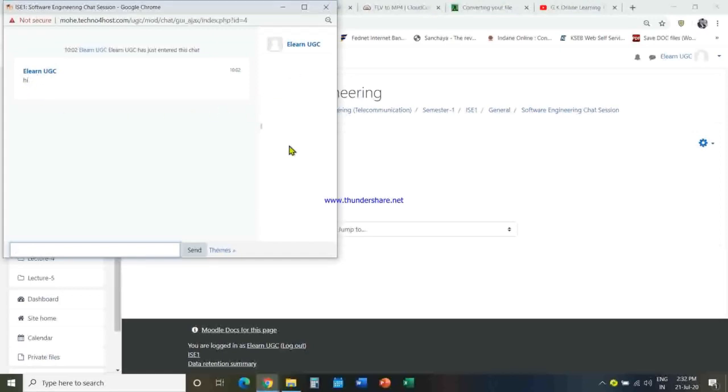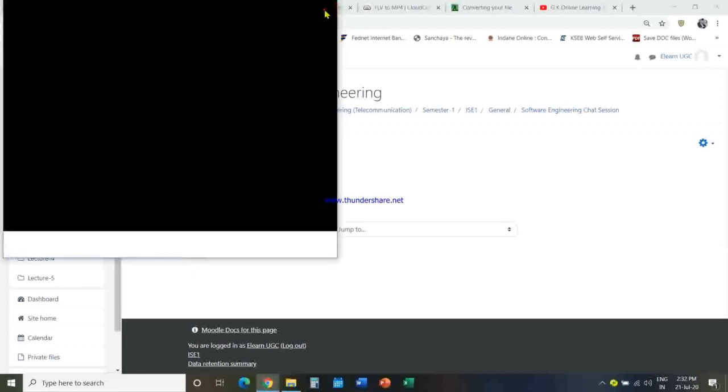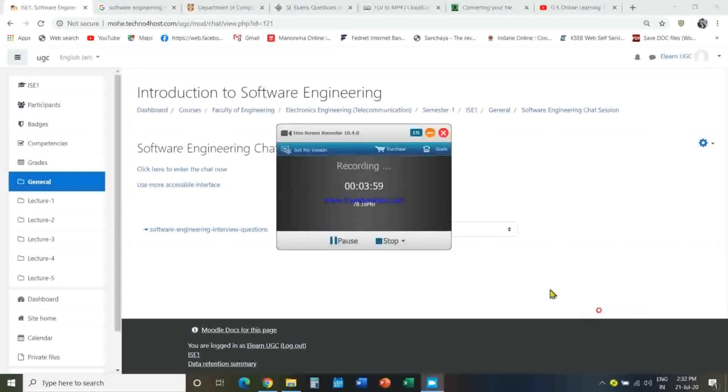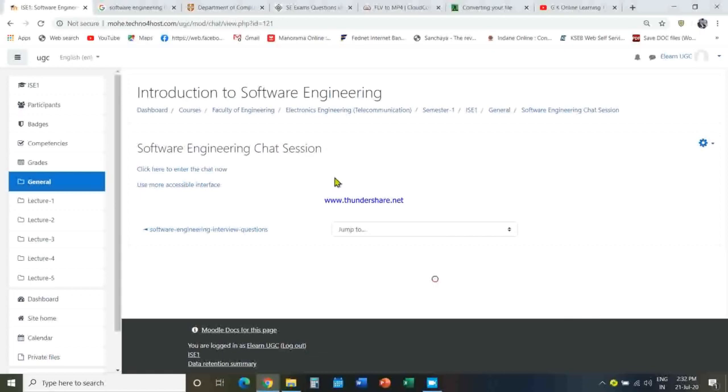Okay, so this is from e-learning, that is from the university. If the students are enrolled, they will appear on the right side, and the students can either chat with you, or you can select a particular student for the chatting. Anyhow, I am not going to enter over here for the time being. Okay.